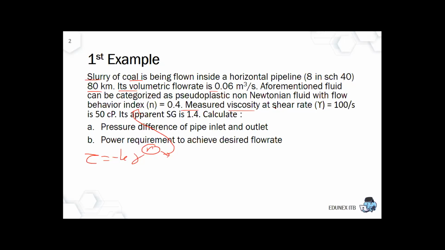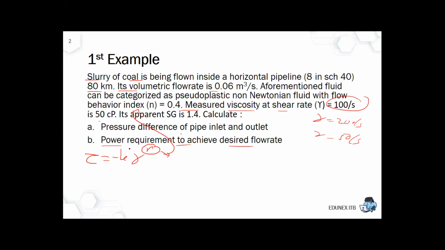Then I give you the data: the measured viscosity at a shear rate equal to this one is 50 centipoise. So how about 200 per second? How about 50 per second? We will estimate it later. And then its apparent specific gravity is 1.4. Then calculate, first, A, the pressure difference between pipe inlet and outlet,